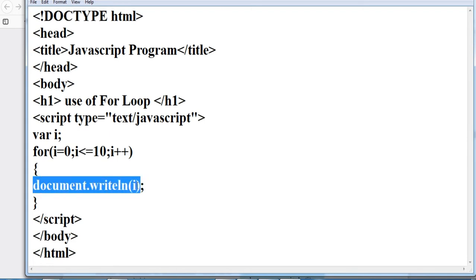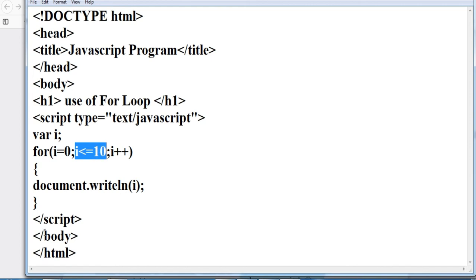So this block will execute only when this condition is true. As soon as this condition is false, my loop comes out of the for block. Initialization happens only one time, it will run until this condition is satisfied, and it will make increments until this condition becomes false.